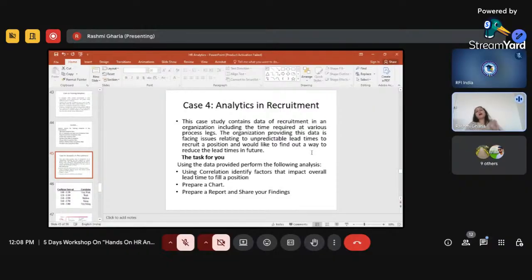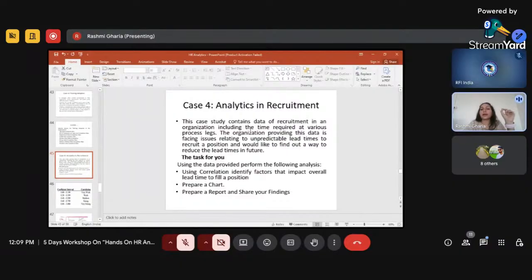So this case study is about the data you will get about recruitment in an organization. And as I already explained how the recruitment process goes, it starts with employer branding, then you post the vacancy, then the candidate takes an interest and applies for a job in your company, and then you go through the whole process of selection: preliminary screening, written test, interviews, reference check and all, right? And finally you offer the job. So at each stage, some time is spent in the whole hiring process, right? So this, if you see here,